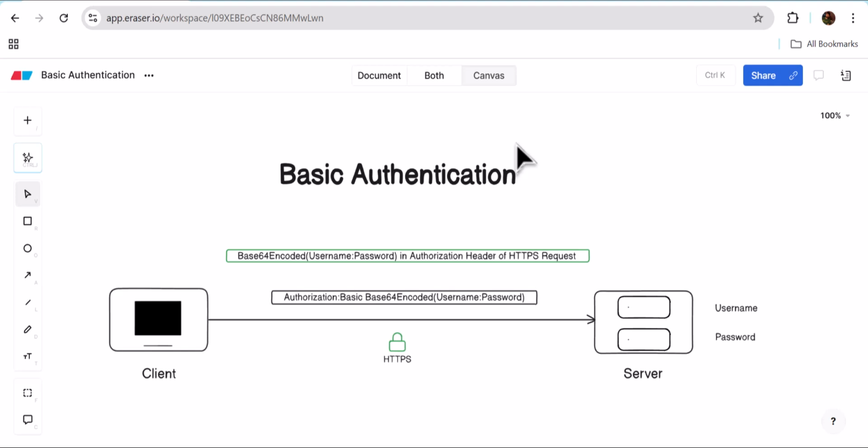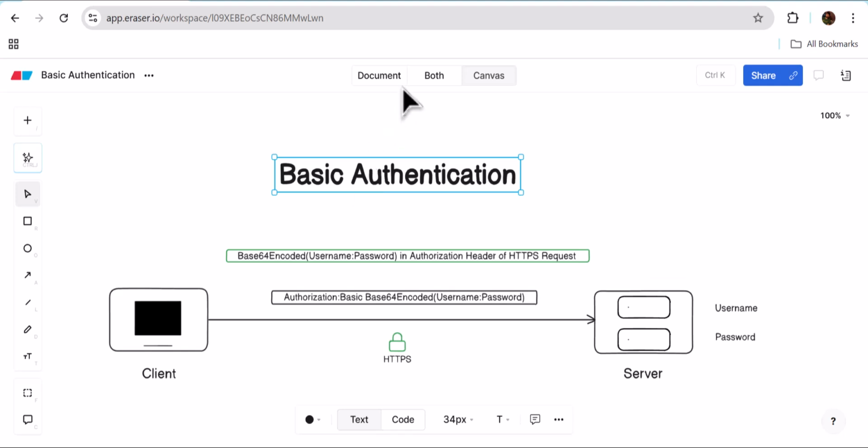Hi everyone, this is my next video in my name credentials video series, and in this video I will talk about basic authentication using name credentials. Before we get into the Salesforce part and the name credentials part, I first want to cover what actually is